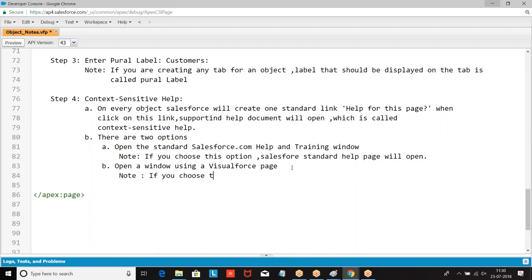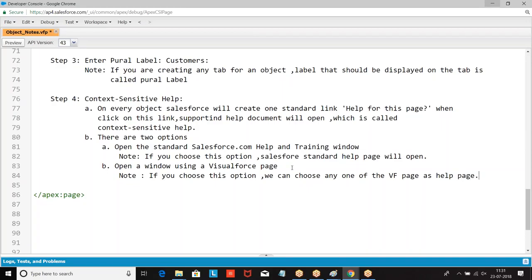If you choose the second option, we can choose any one of our own Visualforce pages. Have you followed this?